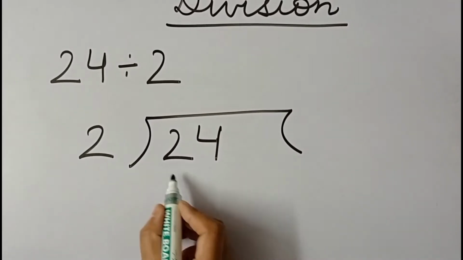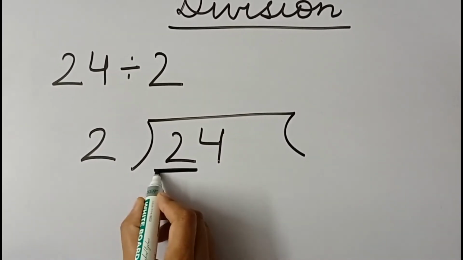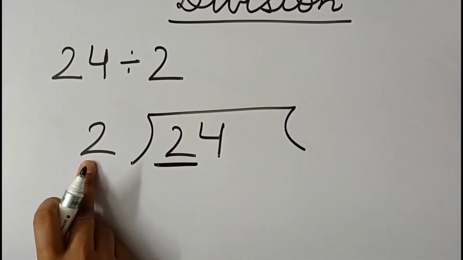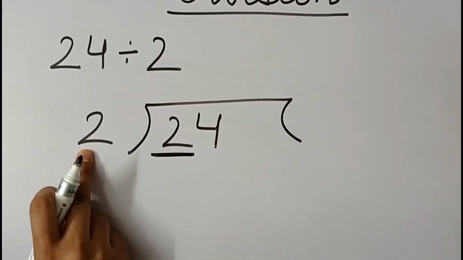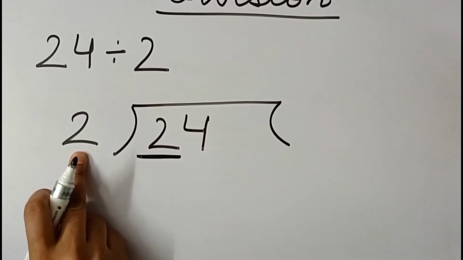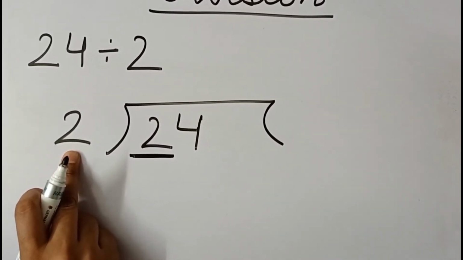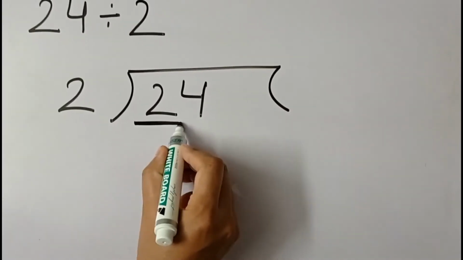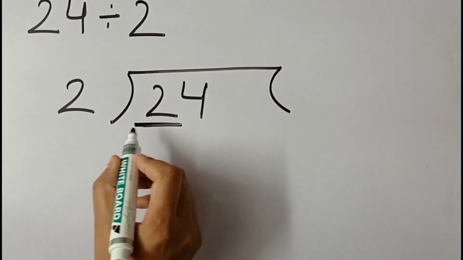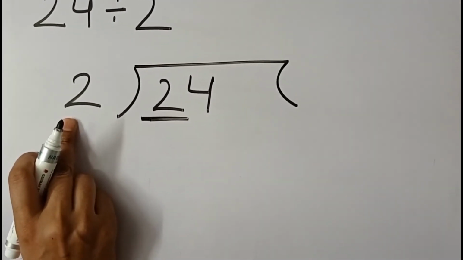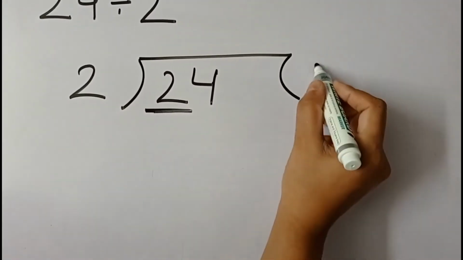Now children, concentrate on this, the first digit over here. We have to see if this is equal to our divisor, or more than our divisor. Then we have to do it in more than one step. We will see now this 2. Does it come in this table? Yes, it does. 2 ones are 2.